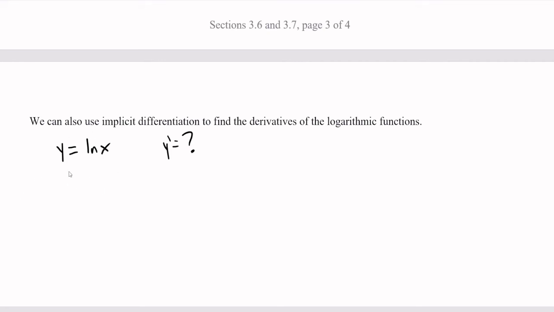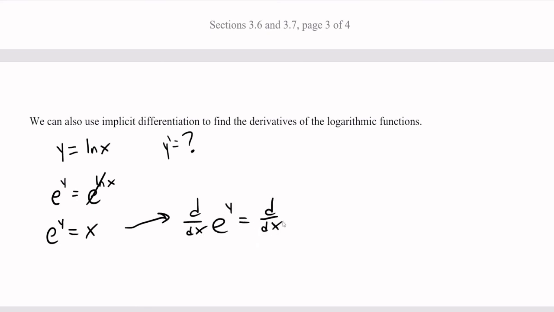It's very similar to how we just attacked the arc sine problem. We're going to do e to the y equals e to the ln x, which is such a common trick to do. Keep this in your brain for later. The whole point of that, though, was to get the x by itself. Okay. Now we are in this situation where we've got an equation with y's and x's, and it's all kind of mangled together. So then we can use implicit differentiation here